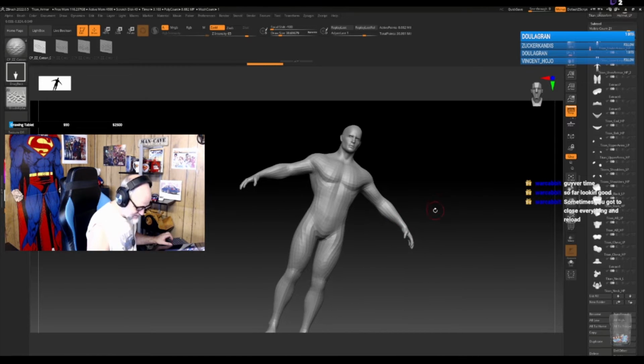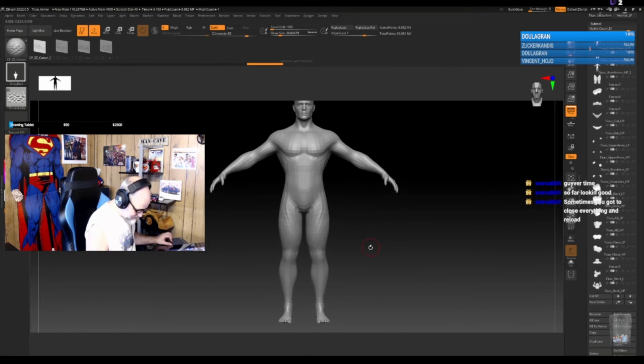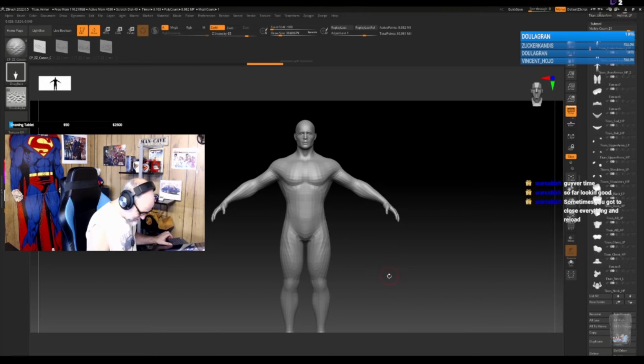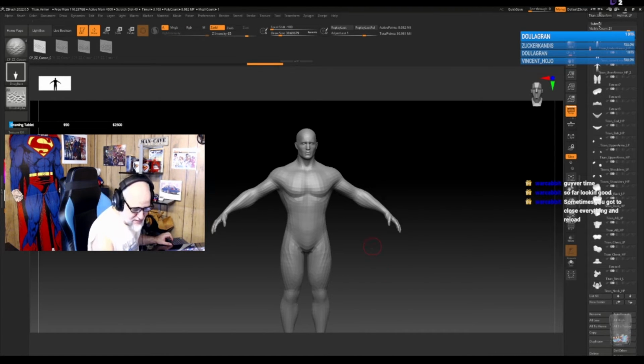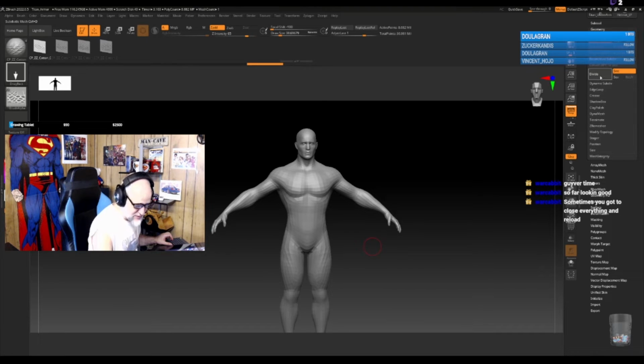I had a part of it masked, so when I subdivided, it didn't subdivide the whole thing. And I still don't understand